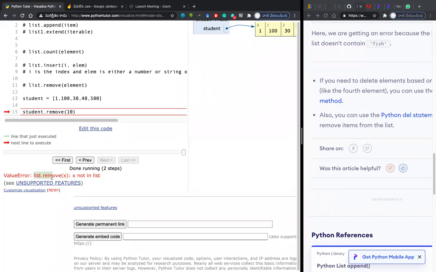You have mentioned like this, the list is the student that you have mentioned and remove, and in place of x you have written 10. But 10 is not there in the list. That's what he is saying. It's a universal error. That's why he said x or something. He's not giving exactly what is the value it is. So it says that it is not there.